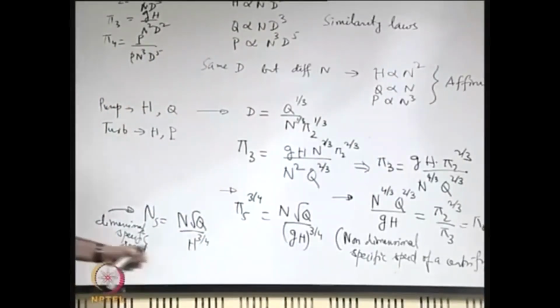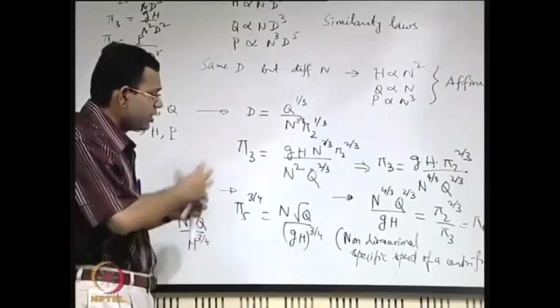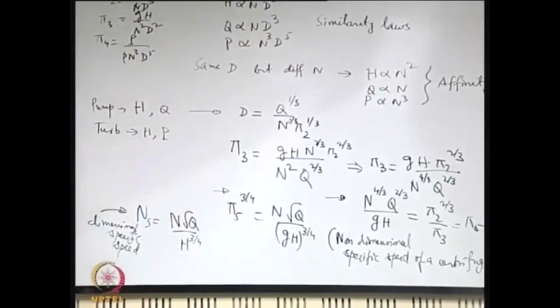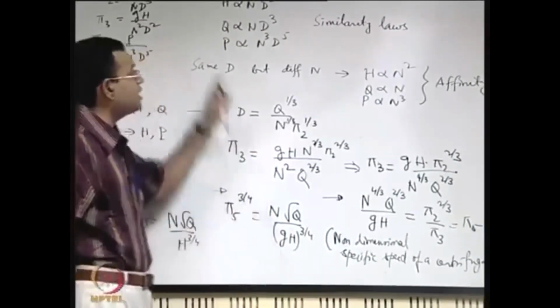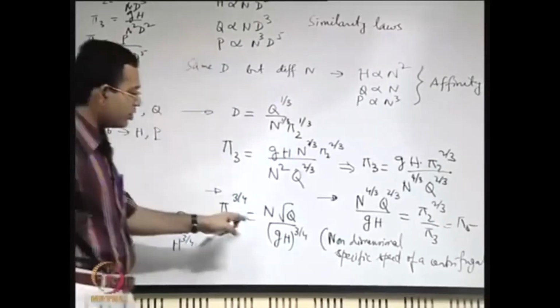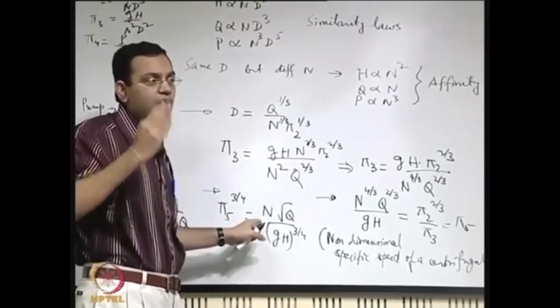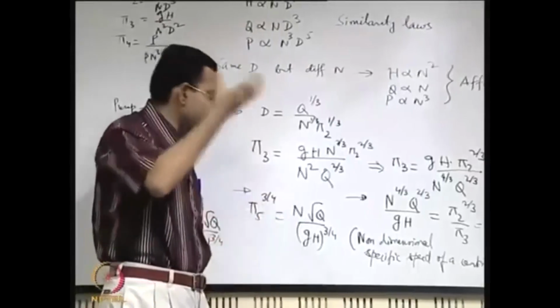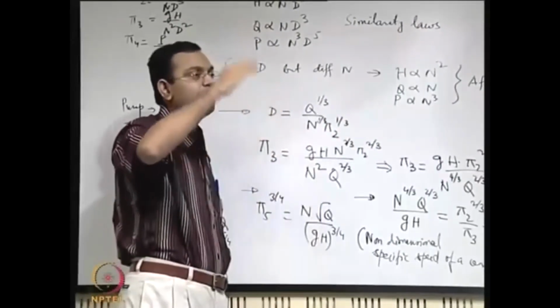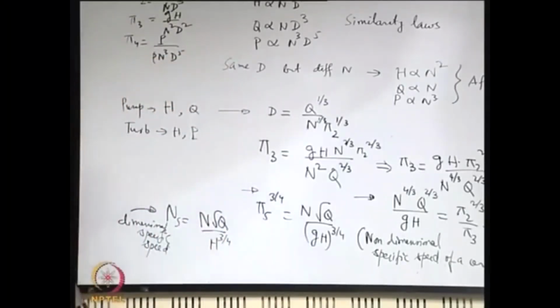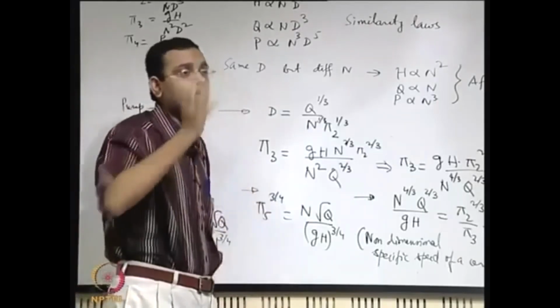So you cannot really compare two different pumps, or a pump with a turbine as an example, but this gives you a bit more flexibility than the similarity laws, in that you could compare the specific speeds of two different pumps and try to have a cross assessment. That means you may definitely have a relative assessment of specific speeds of one type of pump, say a radial flow type of pump. Radial flow pumps may have different ranges of specific speeds, so different radial flow pumps may have different specific speeds.